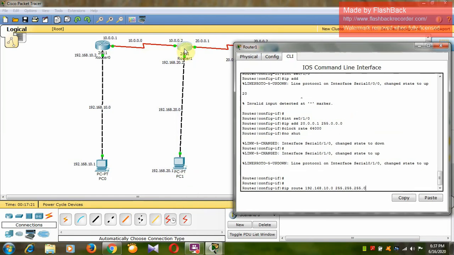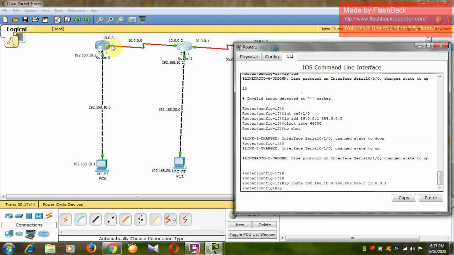Now from this router 1, if my packets are going in this direction, my next hop address will become the address of this interface, that is 10.0.0.1. Okay, this interface will become my next hop address. It is in the different direction, so this one.